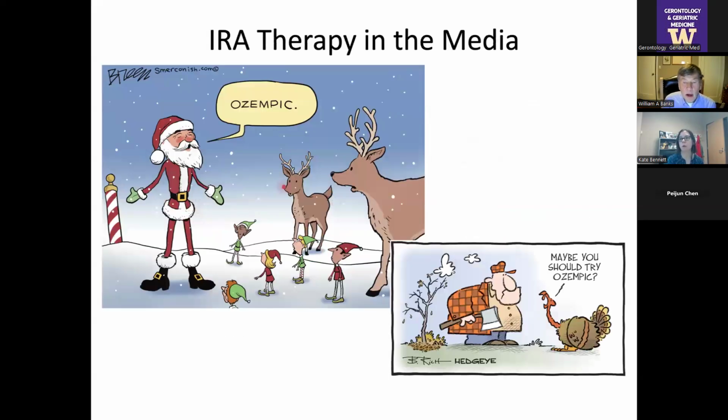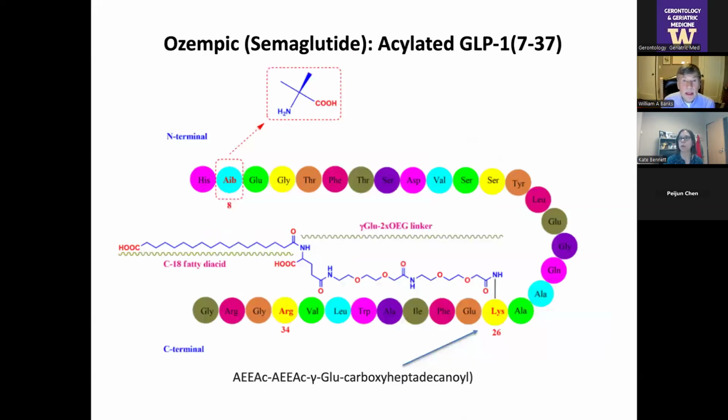And I know that we have all heard of this other life it's got now, which is as a dietary measure, Ozempic. So what's Ozempic? Ozempic is also known as semaglutide. It is an analog of GLP. It's truncated, only amino acids 7 to 37. And guess what? It's acylated, but it's acylated in a different way. Instead of acetic acid, it's got this very long, bodacious free fatty acid chain. And this does a bunch of things.